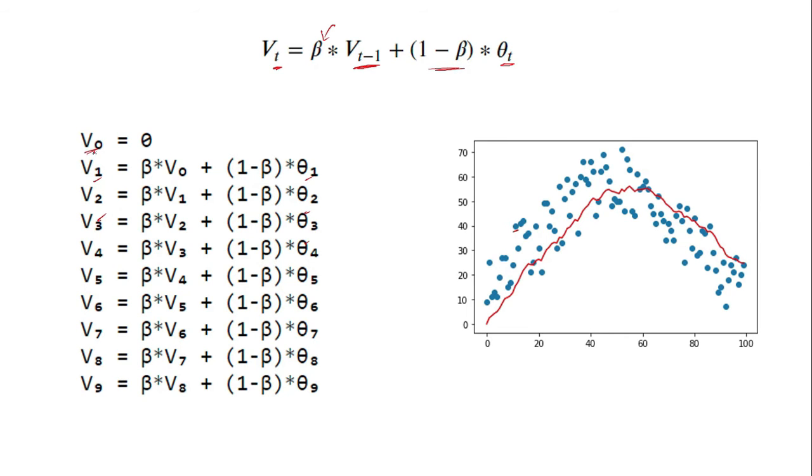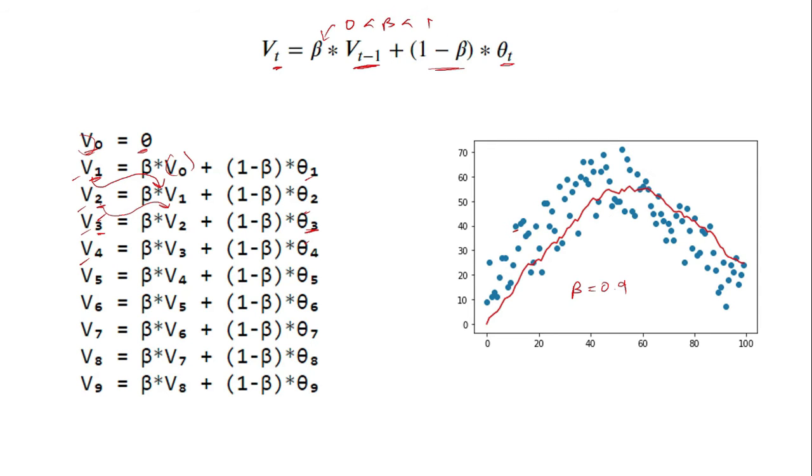Now we consider V0 equal to 0 and use that to calculate V1 by putting V0 in this equation. Then we use this V1 to calculate V2, and then we use V2 to calculate V3, also considering the current data point. So the final plot considering these V's will be exactly this red line. Now you can see that this acts as an approximate average, and here I have considered the beta value as 0.9. The value of this hyperparameter beta is always between 0 and 1.